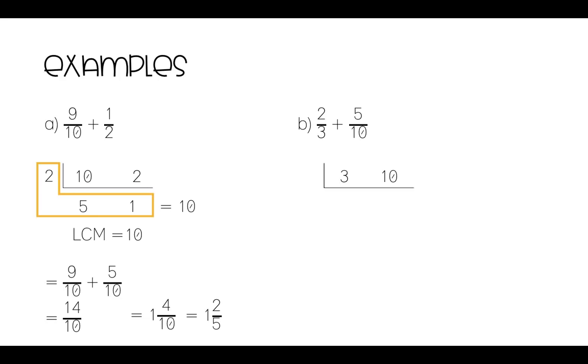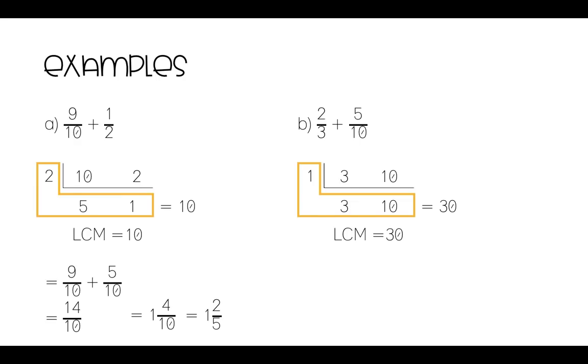Okay, so hopefully you've done the same thing as me. So 3 and 10, the highest common factor here is 1. So 1 goes into 3 three times and into 10 ten times. Now sometimes we can't find a factor higher than 1, and that's okay. We still just do the same thing of multiplying our leftover numbers. So 1 times 3 is 3, and 3 times 10 is 30, and we end up with the lowest common